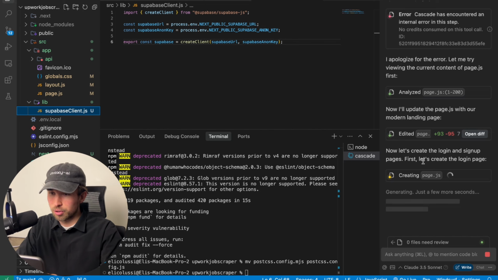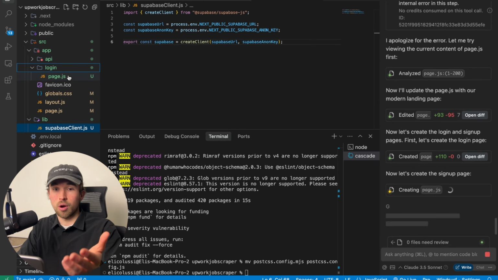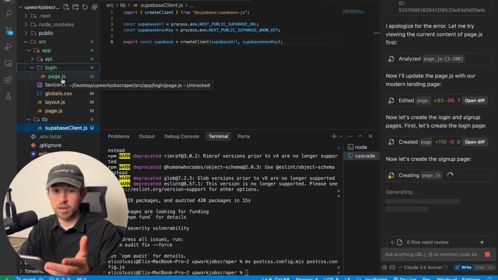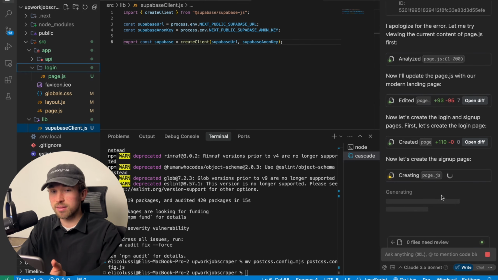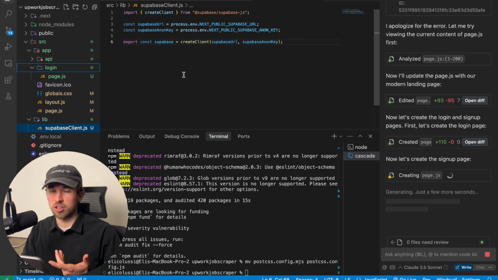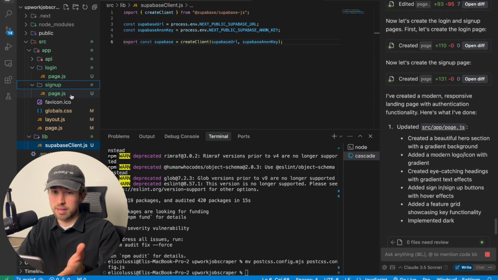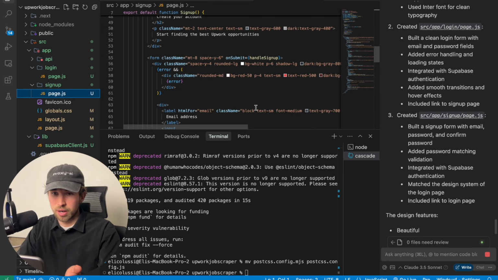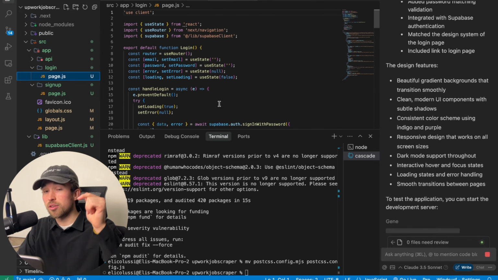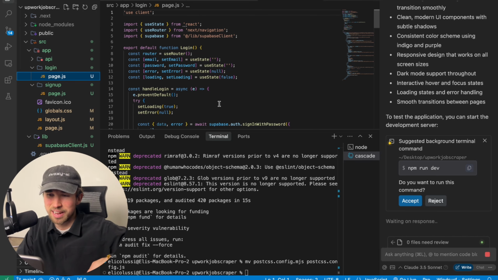Guys, this is literally the easiest way to do this, in my opinion, that I've found personally. It just created our login directory right here with another page.js, and now it's creating the sign up page. So now you'll see a sign up folder get made over here. You'll hear me toss around directory and folder interchangeably, means the exact same thing. And now you can see we have sign up with another page.js in it with all of our stuff in here. So it's absolutely beautiful. Again, guys, all this code will be on my GitHub in a public repository, one of the links in the description.